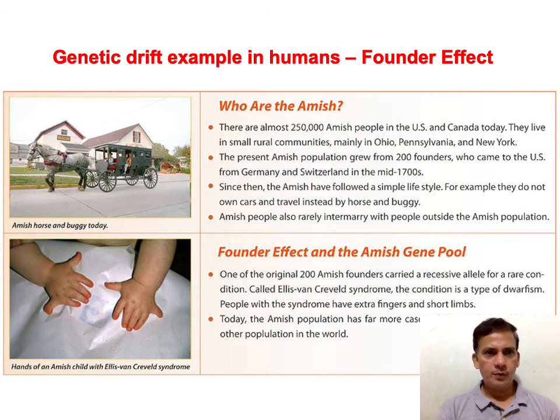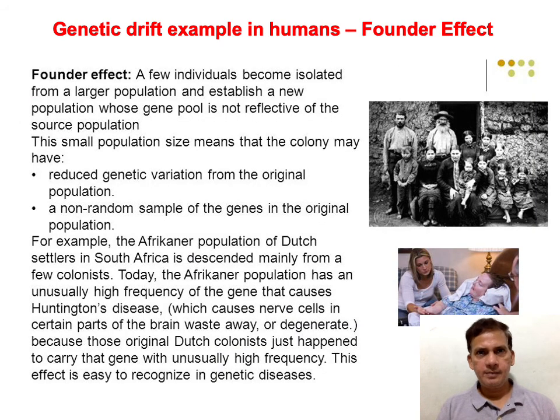The kids which are born are very short, and they also develop extra fingers in their hands as well as in the legs. So this is a kind of side effect, or one can say these kinds of diseases could develop because of genetic drift. And this genetic drift arose because of the few individuals who were the founding population of this huge community of 250,000 individuals. So let's see another example here also.